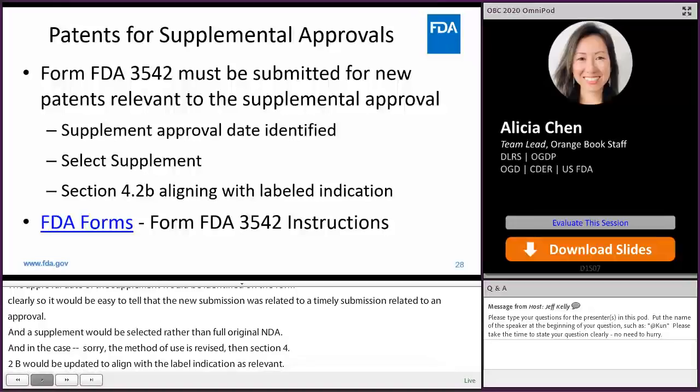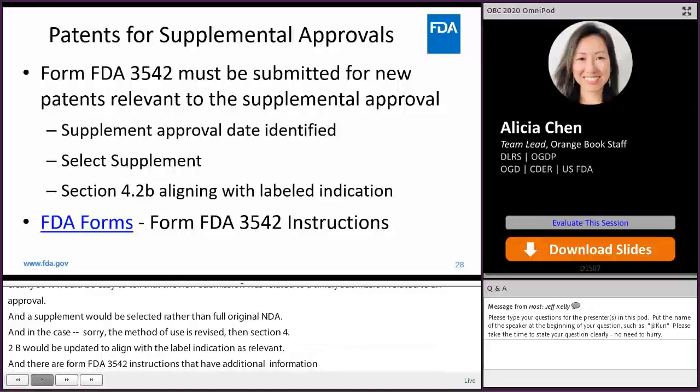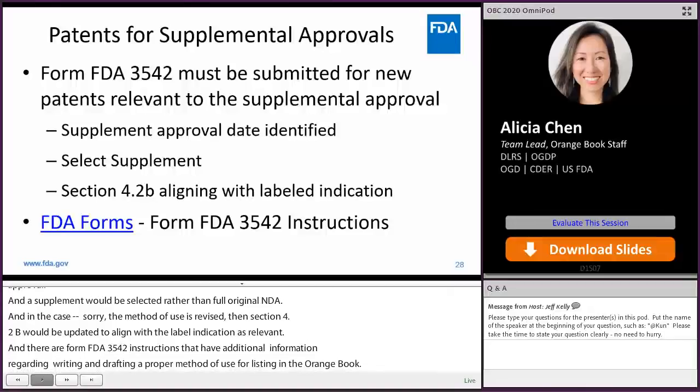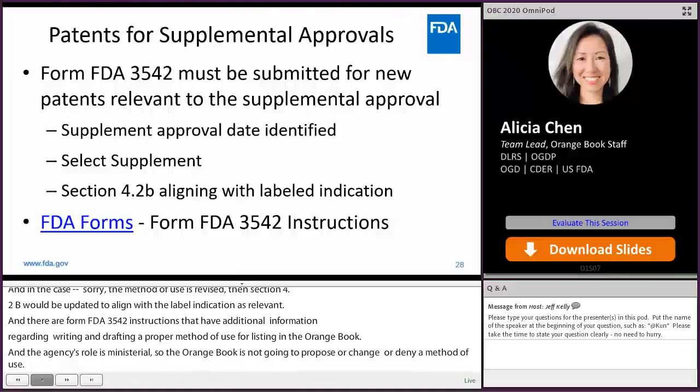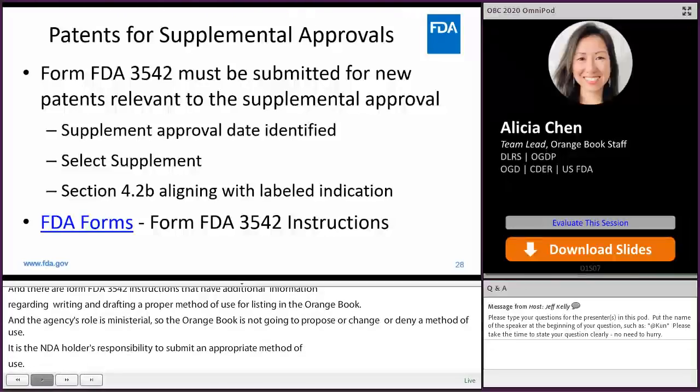And the agency's role is ministerial, so the Orange Book is not going to propose or change or deny a method of use. It is the NDA holder's responsibility to submit an appropriate method of use. And so the FDA forms, you can follow that hyperlink. The Form FDA 3542 instructions is also called the Form 3542 supplement. And so just briefly talking about 4.2b,